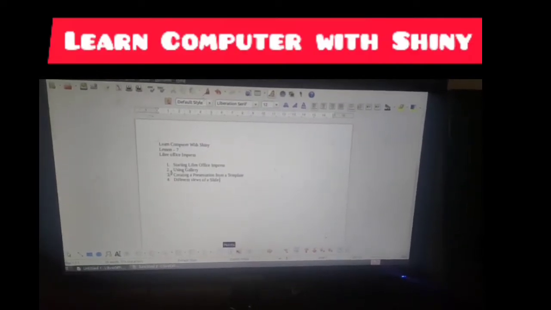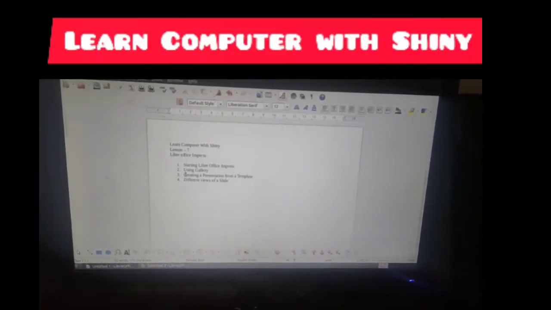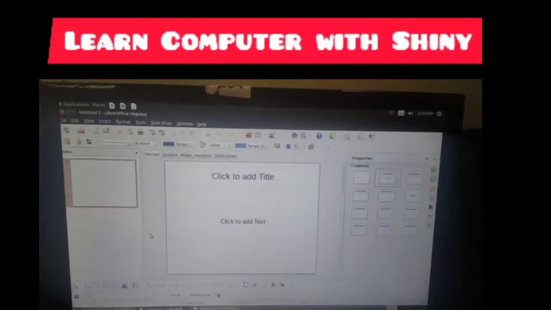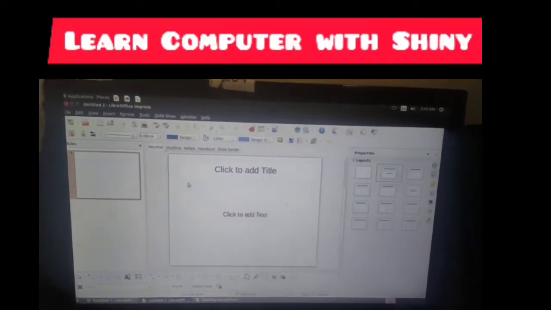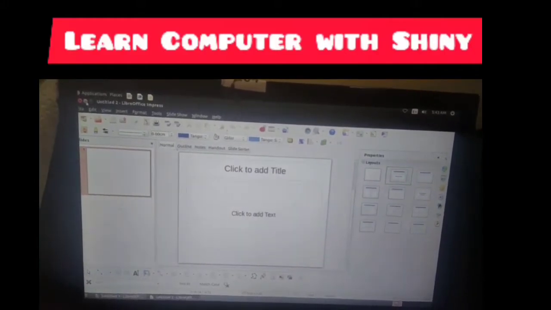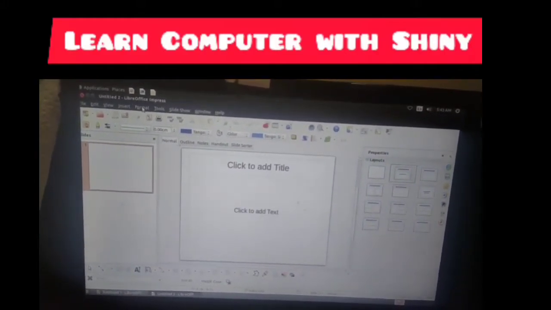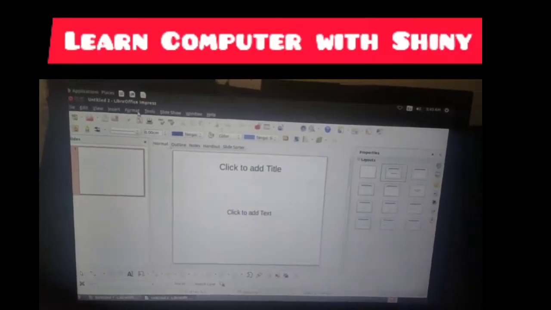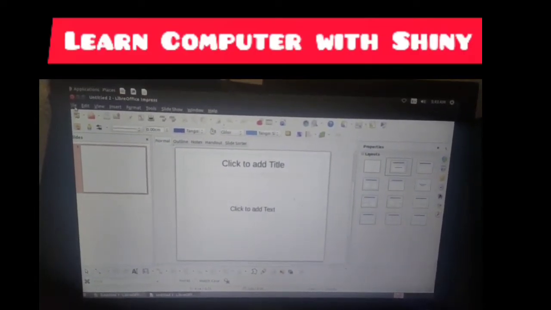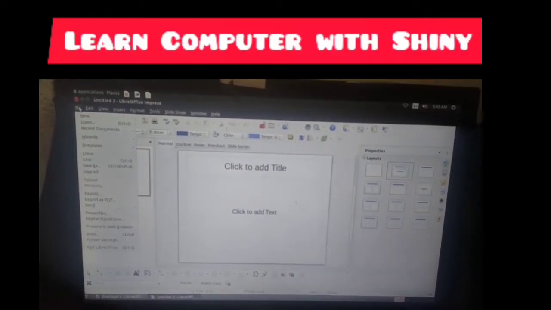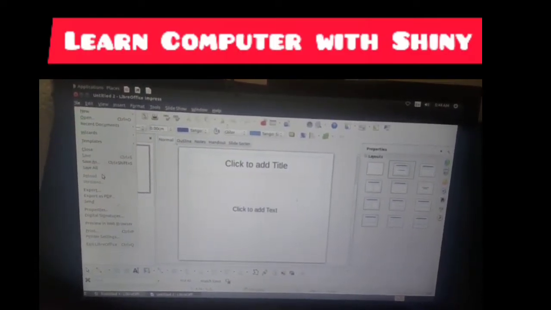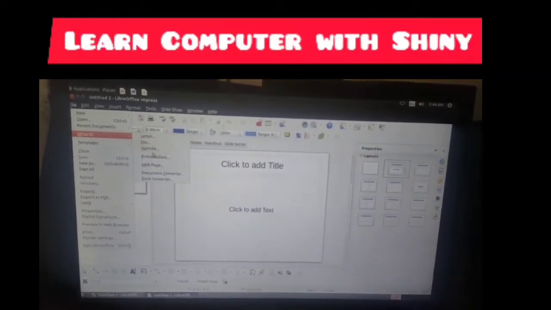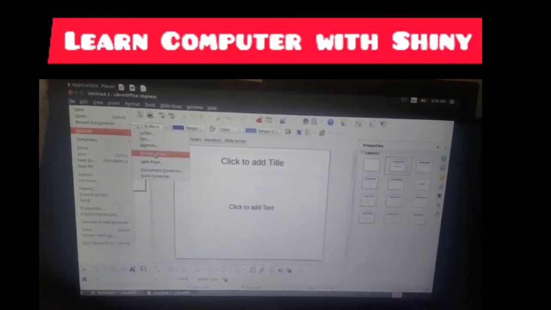Now we will learn creating a presentation from a template. To create a presentation with a template, first click on the File menu from the menu bar, click on Wizards, and then click on Presentation.